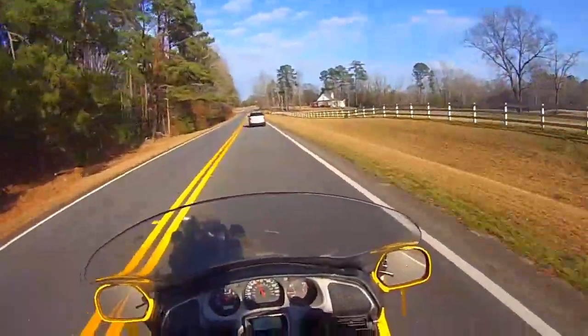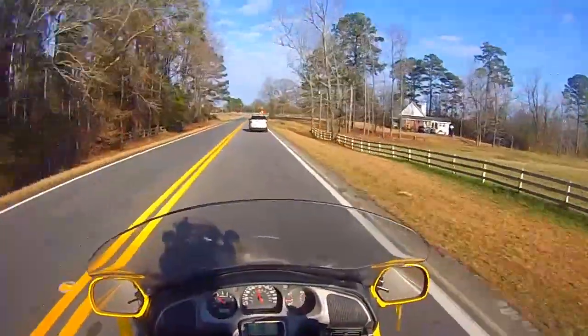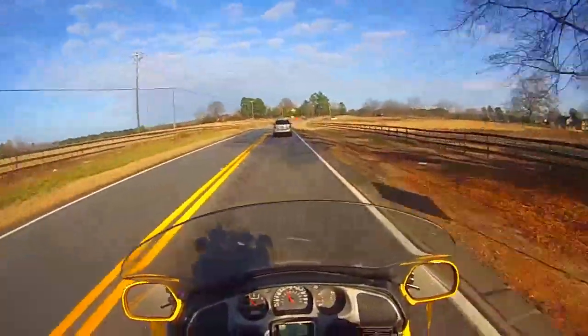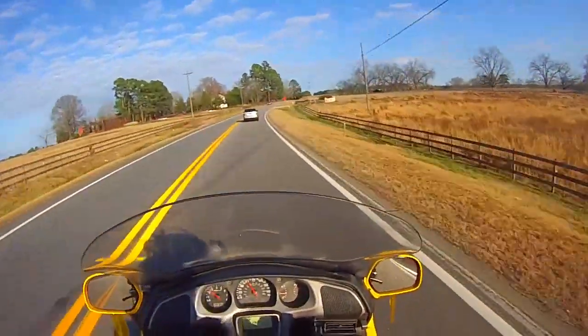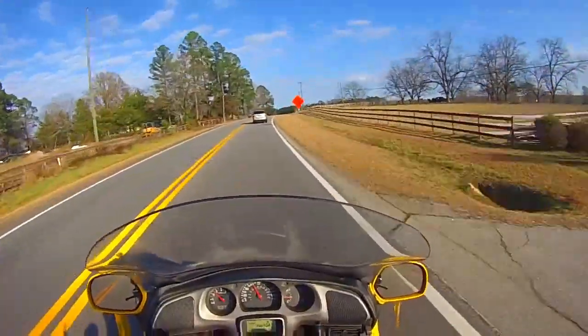I told them, if you're going to replace the front one that's messed up, you might as well replace the back one because it's the same age, which is not that old, but I don't know whether they hit something or what caused that. So they replaced both of them. I think it was about $100 for them to replace that, and then